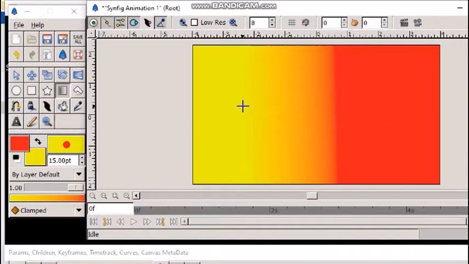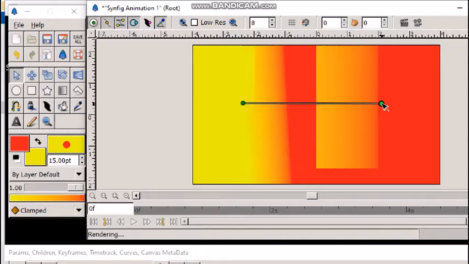You can edit the gradient by moving the end point. This is the end point, in any direction. Each time a different layer will be created.